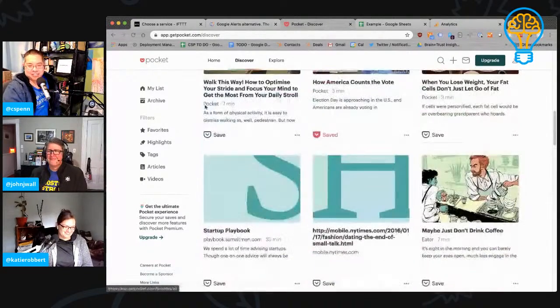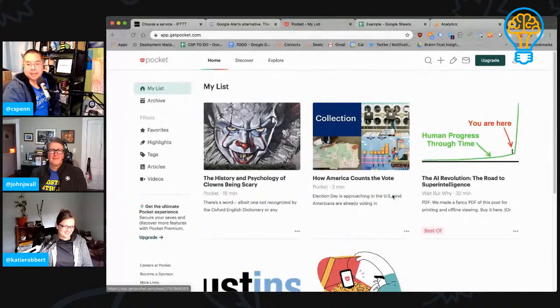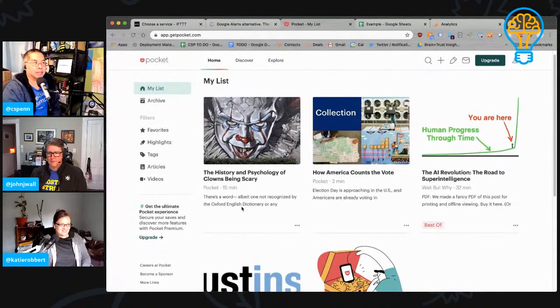Terrifying. And of course, what you see is that Pocket begins to store these things and then provides them to you. And there's a mobile app for it as well that allows you to read them later, as you can go through and take a look and see what's of interest. So that's the first part. We're going to bring in content that's worth sharing through here.